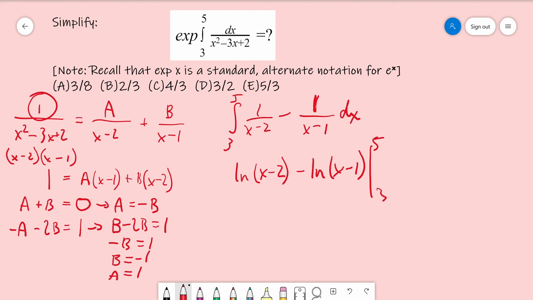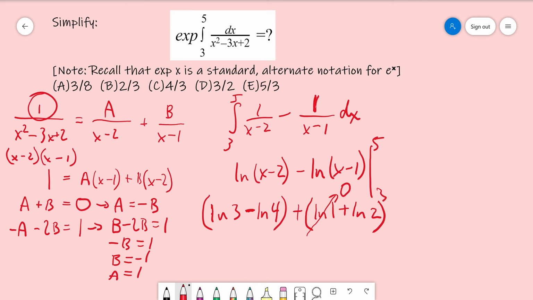So what is this going to give us? Well, if we plug in 5, we get natural log of 5 minus 2, which is 3, minus natural log of 5 minus 1, which is 4. Okay, so that's the first part. Then we're going to subtract natural log of 3 minus 2, that's 1, and minus natural log of 3 minus 1, which is 2. Okay, well, remember, first of all, that natural log of 1 is 0,